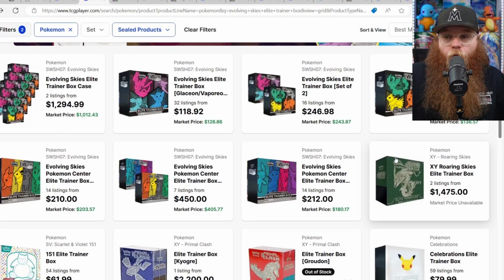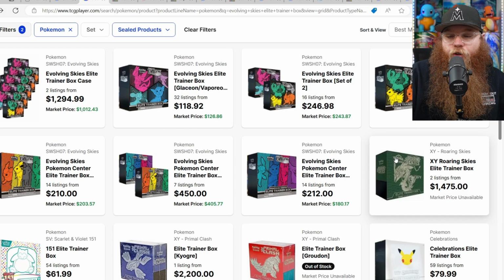I do think the regular ones will be fine, and there will be a market for them in the future. But if you can get the Pokemon Center ones, definitely try to get the Pokemon Center ones. I mean, you can just see the price difference right here. Even though they don't sell as much, all you'd have to do is drop the price $10 or whatever it is, and you'll sell it instantly. Also goes into the next question too, is from